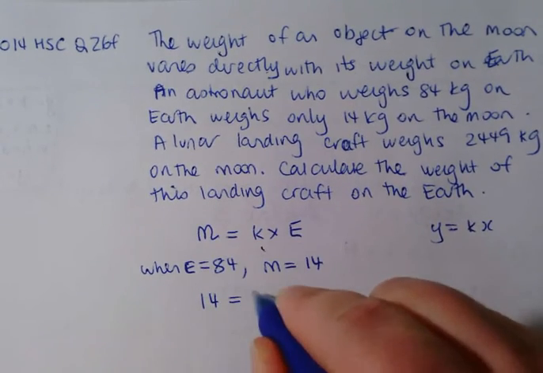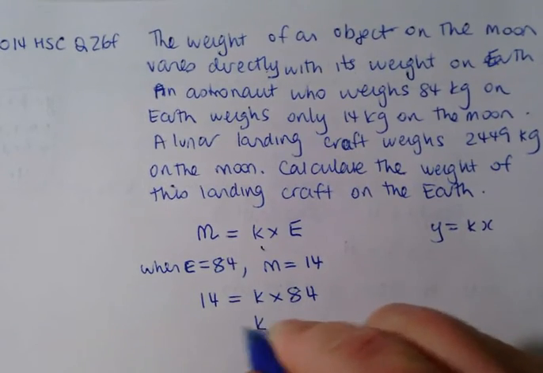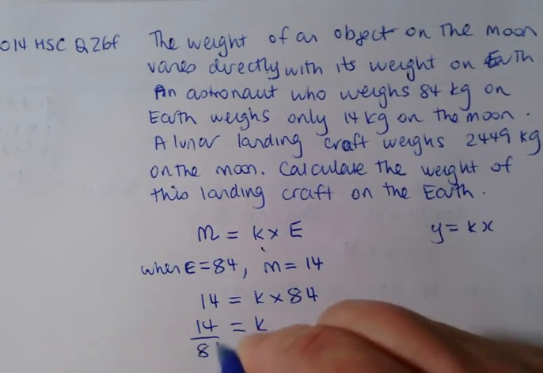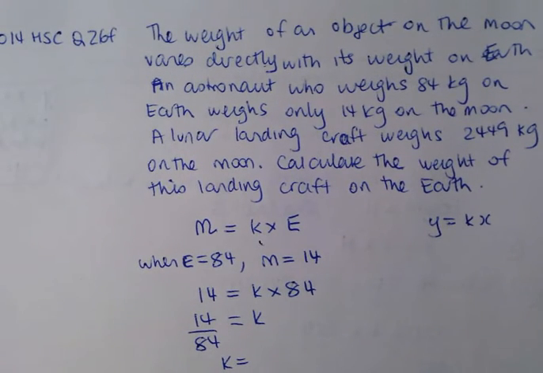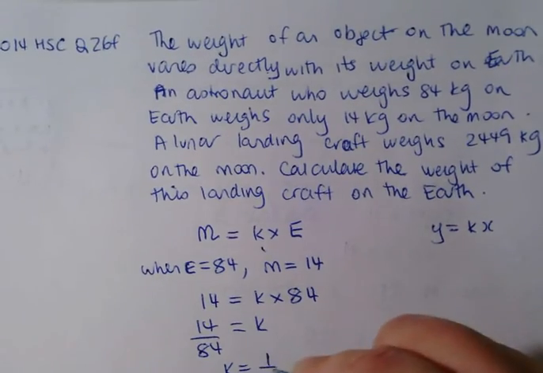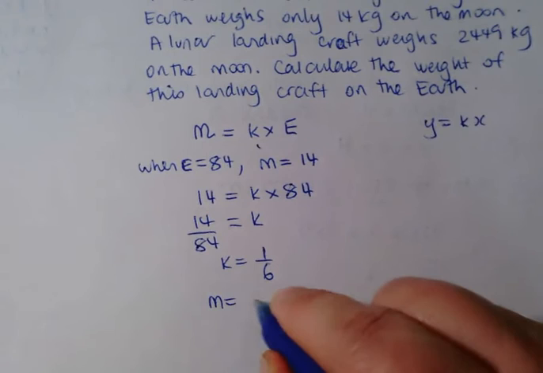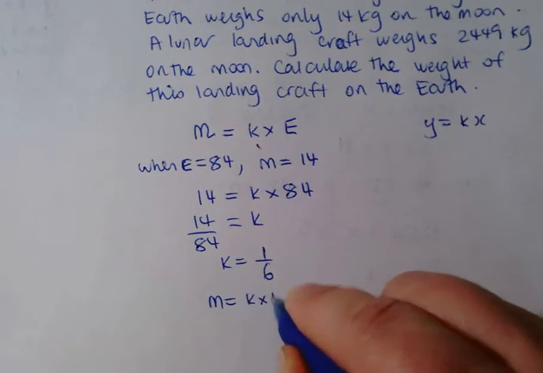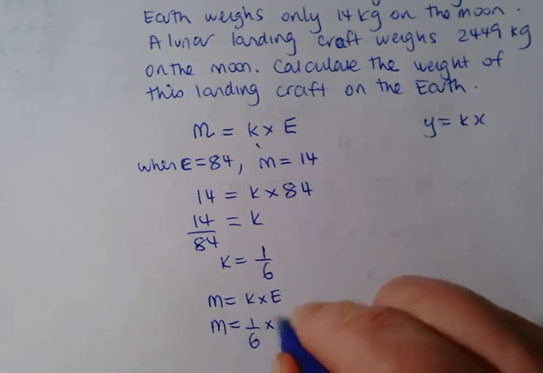So 14 equals k times 84. In other words, k is 14 over 84, and you can simplify that on your calculator. 14 over 84 is 1/6. So therefore the formula is m equals k times e, which is m equals 1/6 times e,